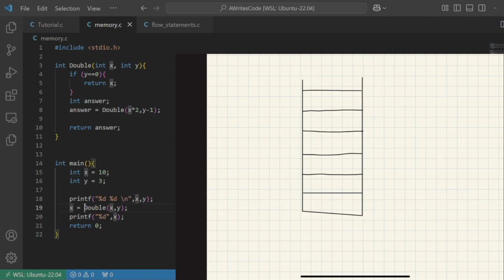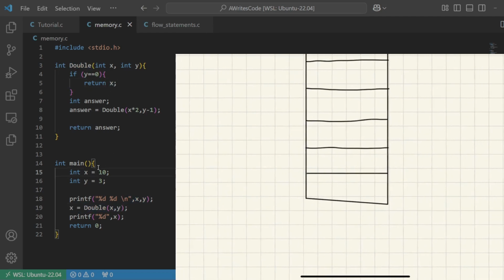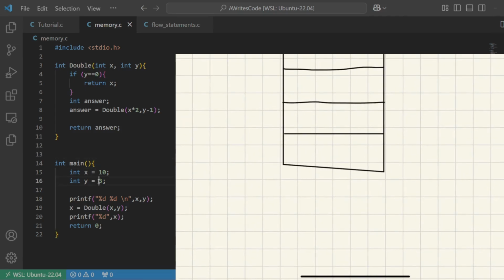This x is equal to double. This is like calling this function, right, and replacing this with whatever we return. Now, on here, right, we actually have defined an integer x as 10. So x is equal to 10, right? Now, we have a y is equal to 3, right? And,